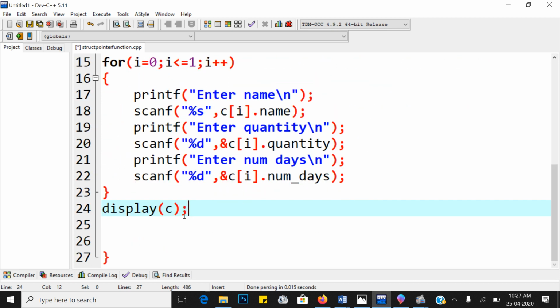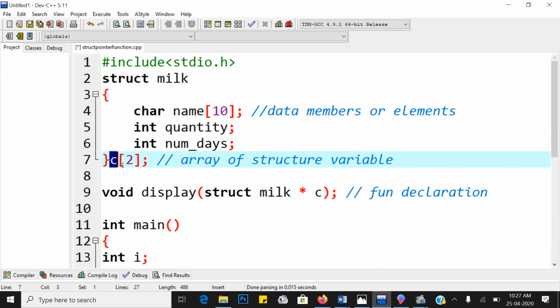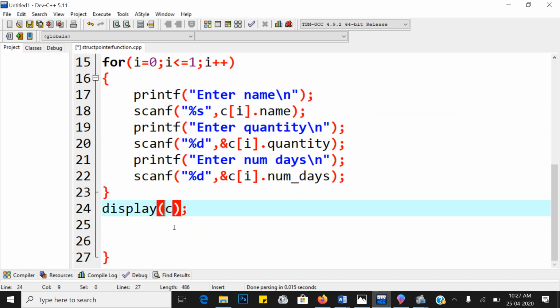Only the name C gives you the base address of the array. Or there is another way: either you pass just C or ampersand of C of 0. Both are valid. Both give you the base address of C of 0.